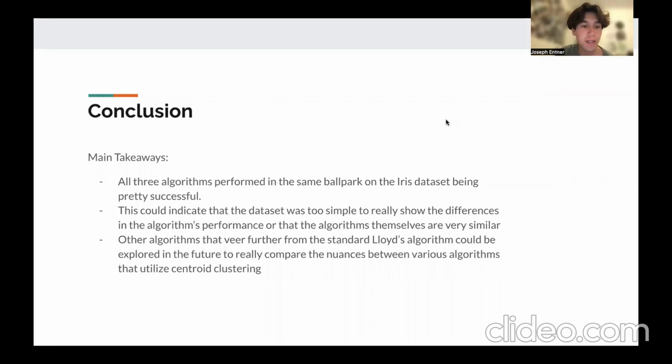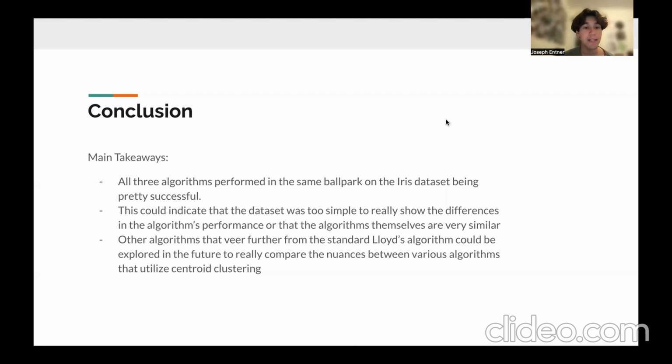So, in conclusion, we were able to describe the 3 main ways that we implement centroid clustering, and these include the Lloyd algorithm, the McQueen's algorithm, and the Hartigan-Wong algorithm. While they all use centroids for clustering, they have different implementations that we were able to get into. So, some of the main takeaways when performing